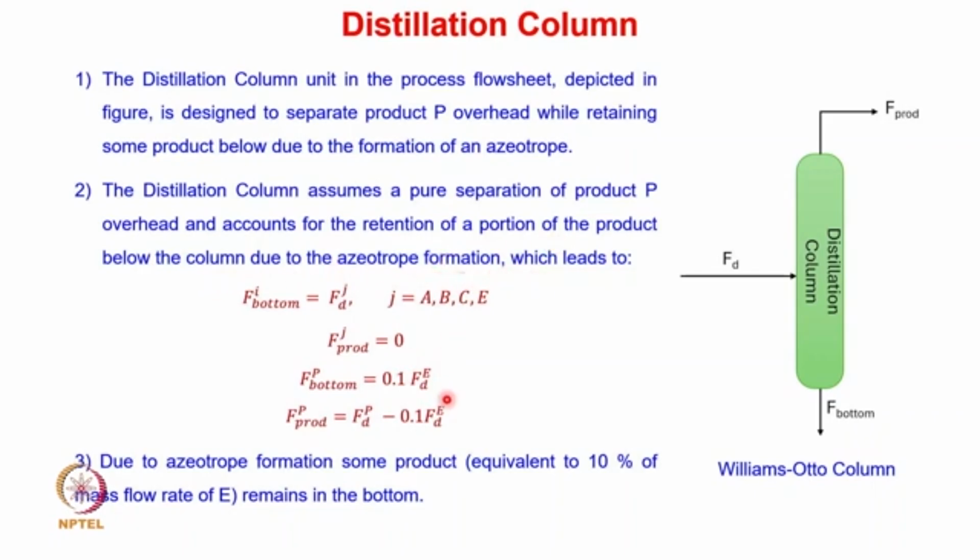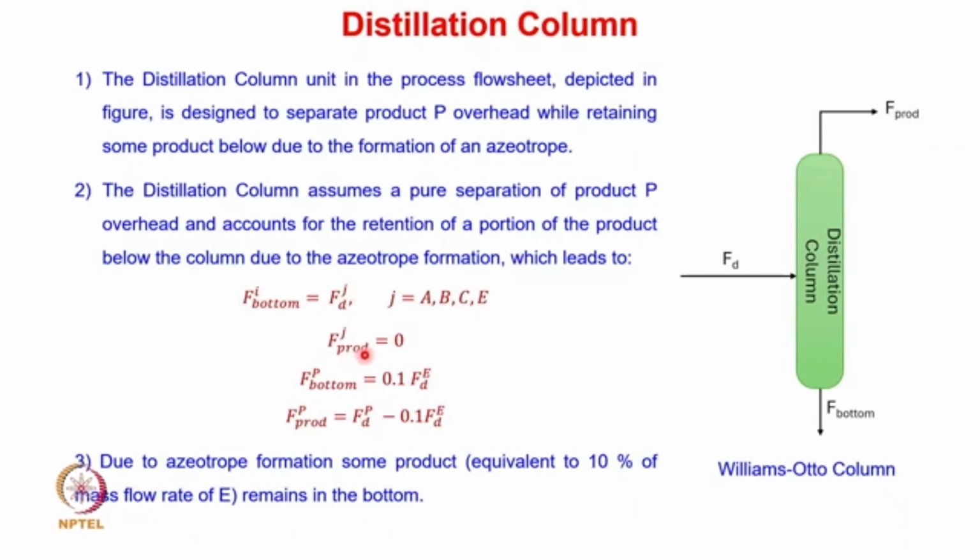So if you look at the equations at the bottom, equations with respect to the mass flow rate at the bottom, Fi bottom here is nothing but Fdj. So whatever the components are coming from the decanter unit, the same mass flow rate will be there for different components A, B, C, E at the bottom, isn't it? Again,